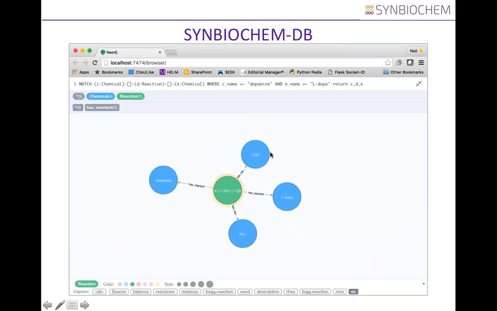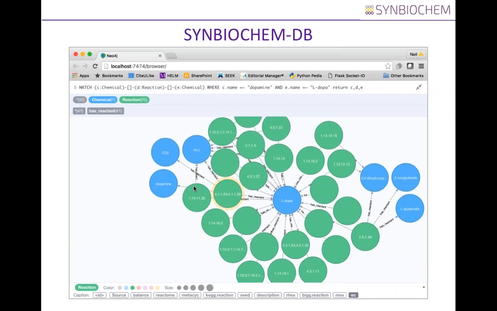So as well as having chemical databases, we can have green nodes here that represent chemical reactions that we know exist in nature. So we can see that this particular reaction here has a number of reactants. Okay, so we can specify the metabolites that make up individual chemical reactions. Similarly, we can see that these trees are quite complex. For a particular chemical here, L-DOPA, we can see that this is involved in quite a number of reactions, and this allows us to query over this reaction space